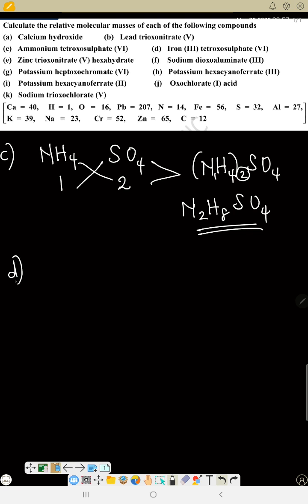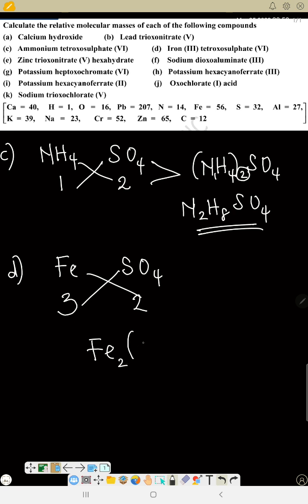D, iron 3 tetraoxosulfate 6. So Fe is iron, and tetraoxosulfate 6 is SO4. So iron 3, because it's a transition metal, you have a Roman numeral for the valency. So iron 3 tetraoxosulfate 6. This one will have a valency of 2. So if you do your crisscross, this will be